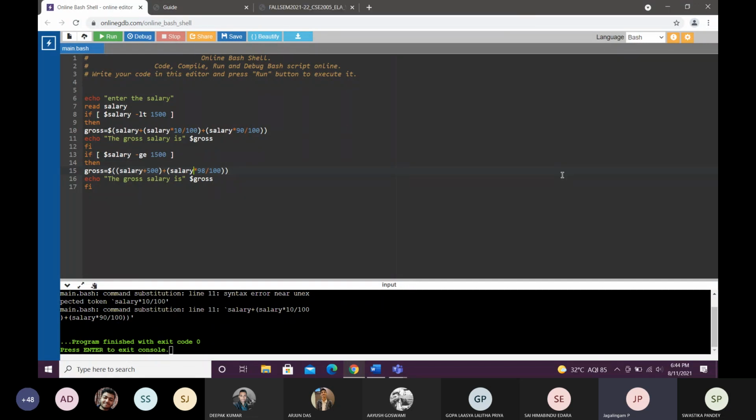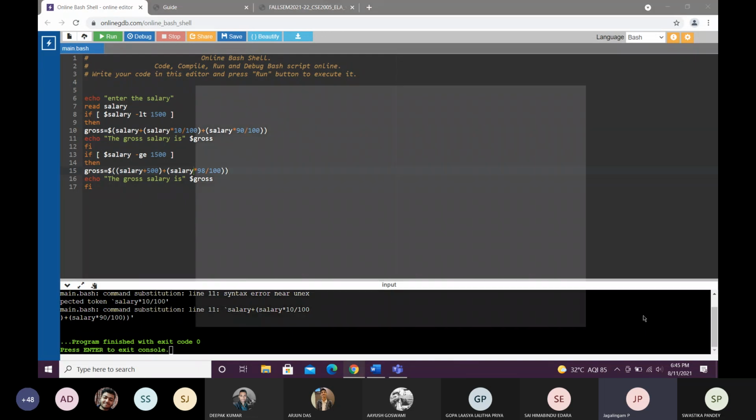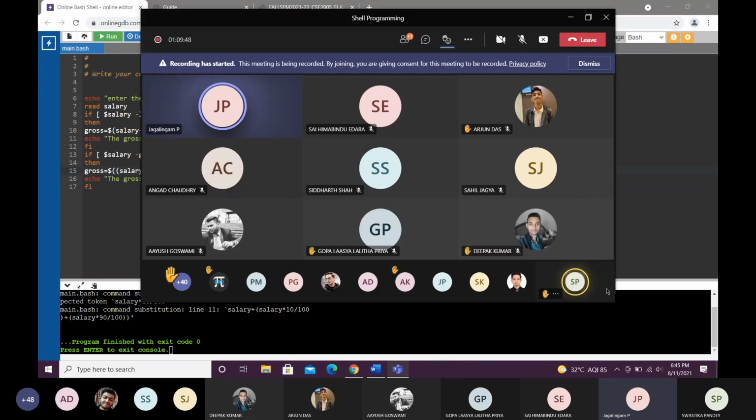Now, program 2. Let's say that you want to print the square of integers in succession, one after the other. How are we going to write that? If you want to print the square of the number, like the square of 1, 2, 3, 4, and so on.